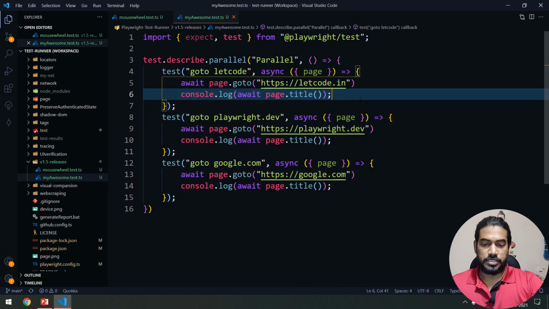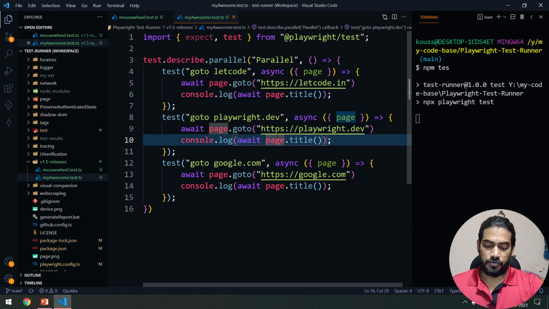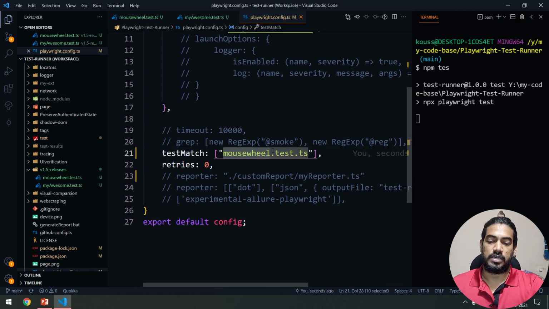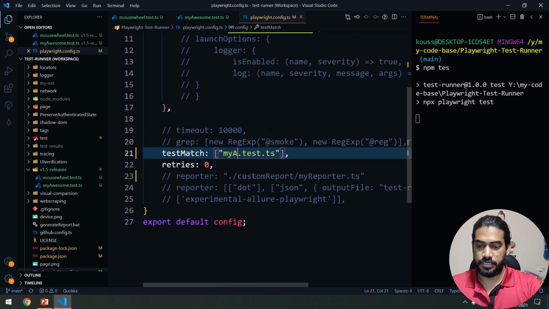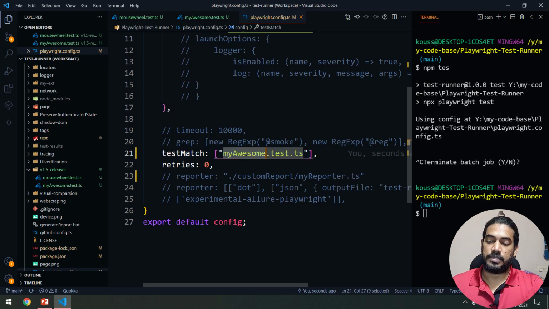Okay, so I'm going to execute this. Let's bring up the terminal with Control J and say npm test. I have already configured the Playwright config file, so I have to give my test name, which is my awesome test.ts.